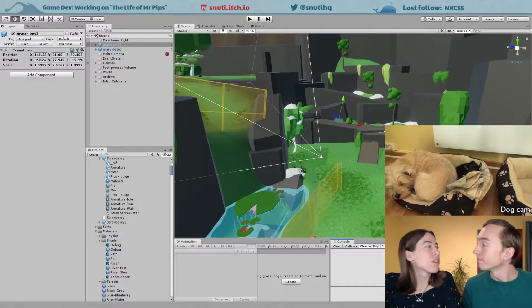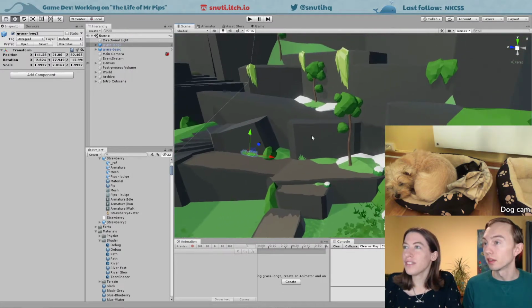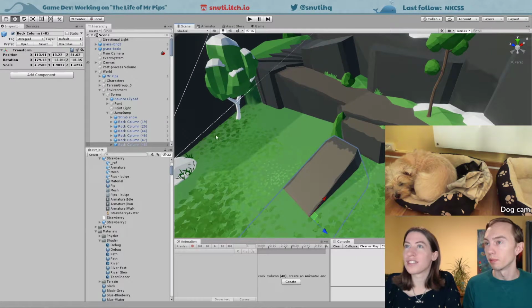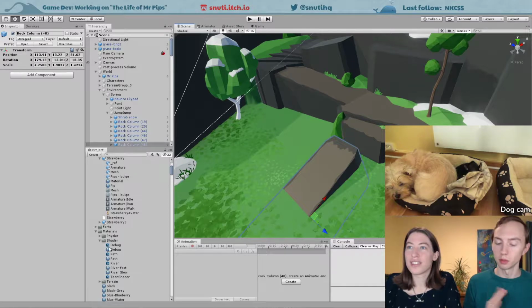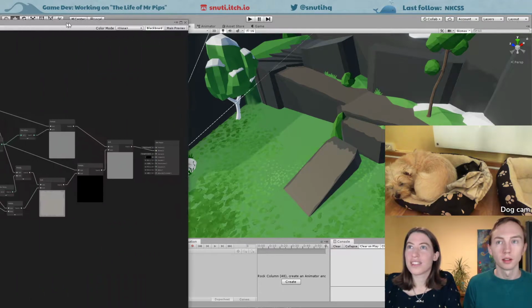So last time we were working on a shader, a path shader. But I think I failed when we colored it, because the rocks were slightly tinted blue and then the path I selected a slight beigey color. I didn't like it. Okay, so